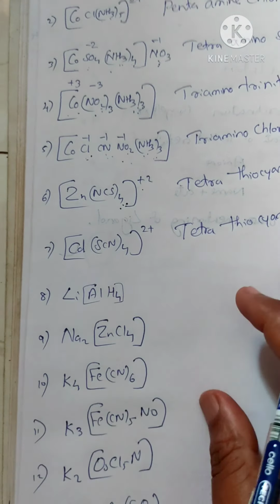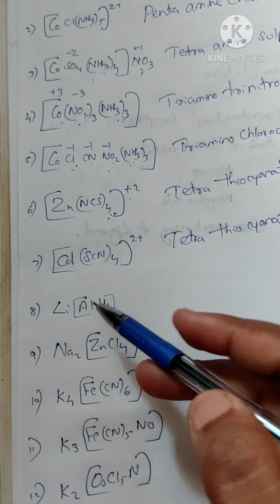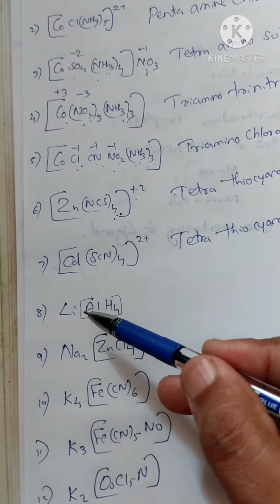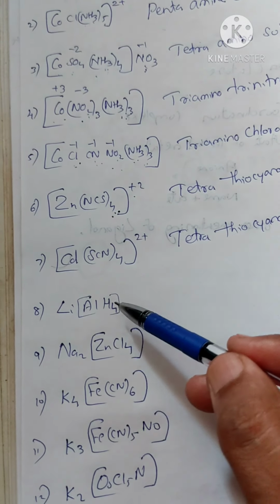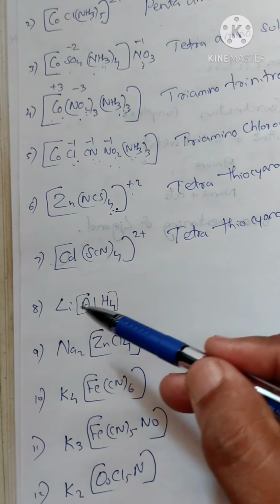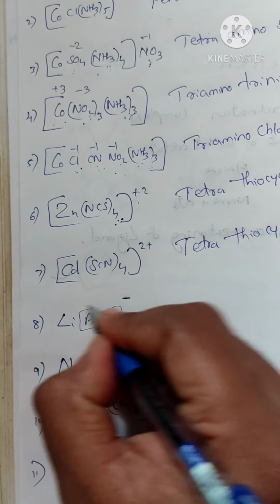Okay. Now, this one is a well-known complex. This complex is used for hydrogenation, for reduction of carbonyl groups. We always call this compound lithium aluminum hydride. Okay, so the IUPAC name of this compound we have to mention this way. First is lithium, that is not a problem. And how many ligands are there? 4 hydrogen ligands. So hydrogen we will mention as tetrahydro. So tetrahydro, then aluminum, the complex is in negative charge.